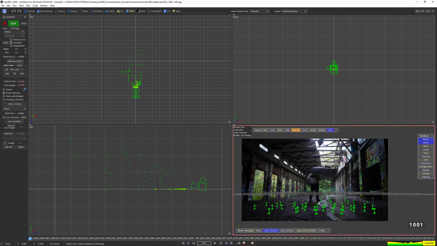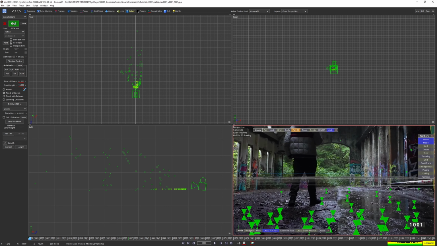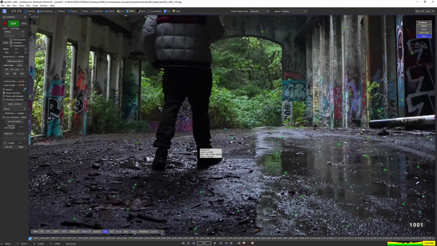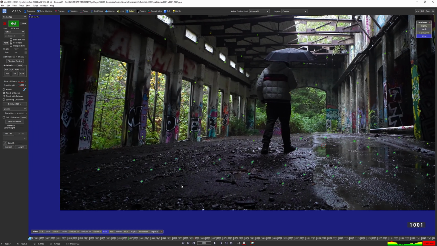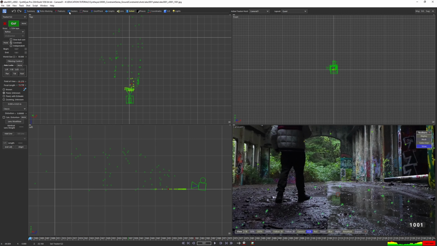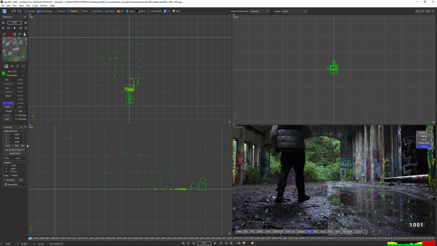So let's go over and pick a point that we want to be the center of our scene. Let's pick something close to this human right here. So I'll grab a point maybe on top of this big concrete surface. I'm going to pick this because I intentionally picked some wrong ground points here just to show you some error later. So this point right here, if I hit F4, come over to the tracker tab